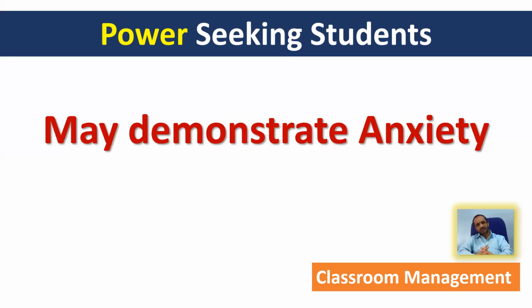And the next one is these students may demonstrate anxiety. When you give them some work, for example, a very small work, they may start generating a lot of doubts about that work, and they may say whether the work may happen or may not happen. They get really excited to do something, and they start instilling this anxiety in others also, because they are more worried that if the work does not happen properly, then what happens? They assume the power and they start feeling that they are responsible for all the mistakes happening in that work. One way it is good, one way it is very bad.